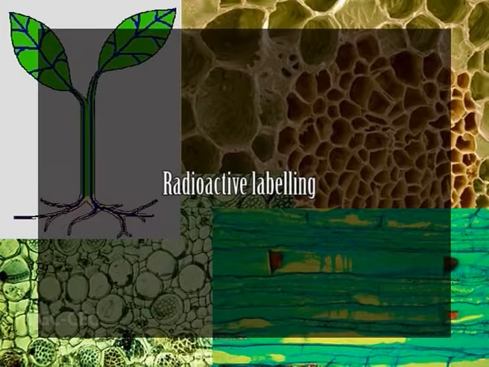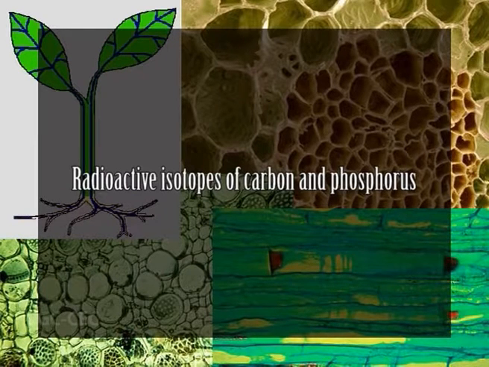They performed more experiments to demonstrate that phloem was the main channel of carbohydrate movement in cotton plants. However, they indicated some lateral movement of carbohydrates from phloem to xylem. Now, radioactive labeling. Use of radioactive isotopes of carbon and phosphorus has provided direct evidence for the transport of carbohydrates through the phloem. Radioisotope of phosphorus, P32, was introduced through a small cut on the leaf of a cotton plant.